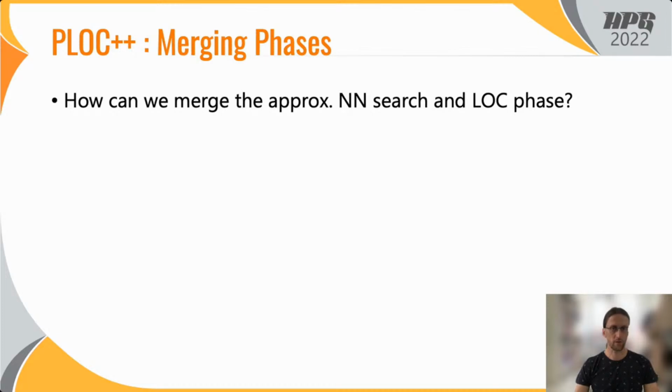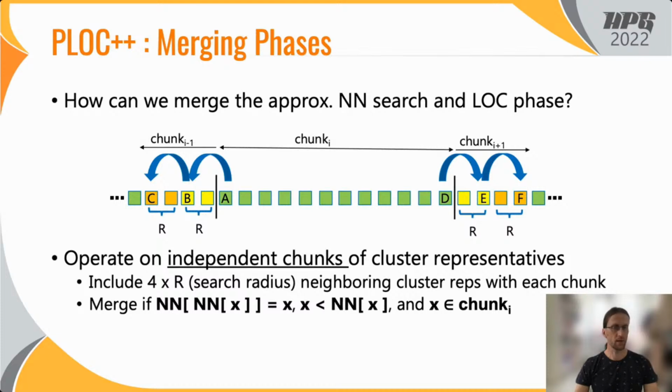The first question is, how can we merge the nearest neighbor search in the locally ordered clustering phase? The simple idea is to operate on independent chunks of cluster reps. So let's assume for now the list of cluster reps is divided into equally sized chunks of about 1,000 elements each, in order to perform the locally ordered clustering step directly after the nearest neighbor search for a chunk I,